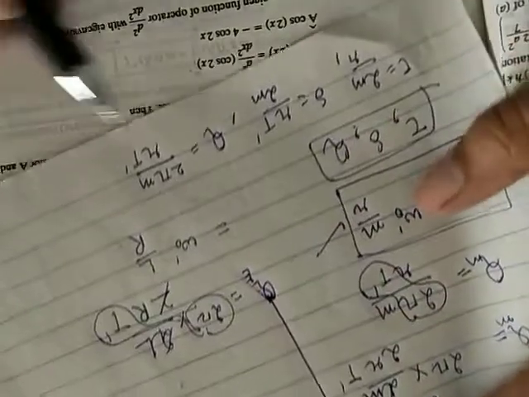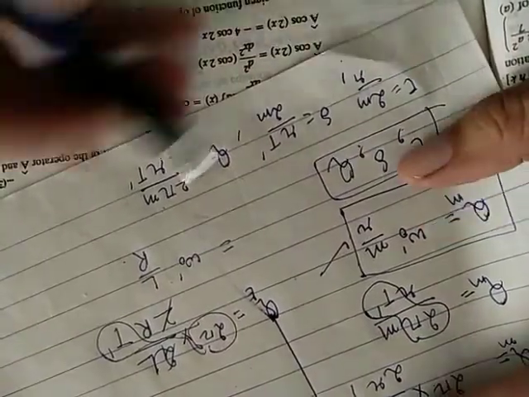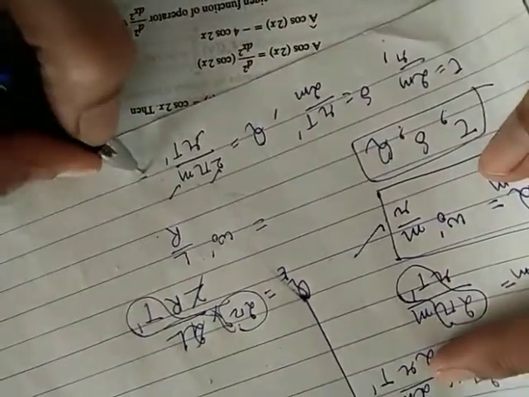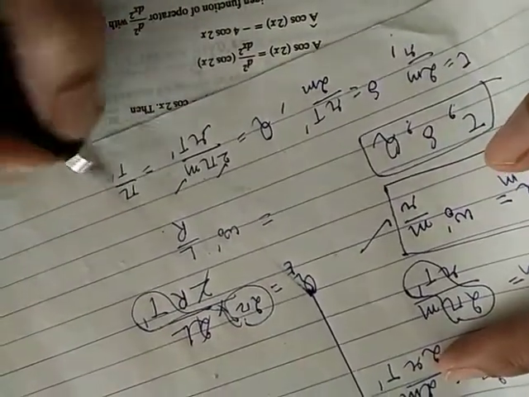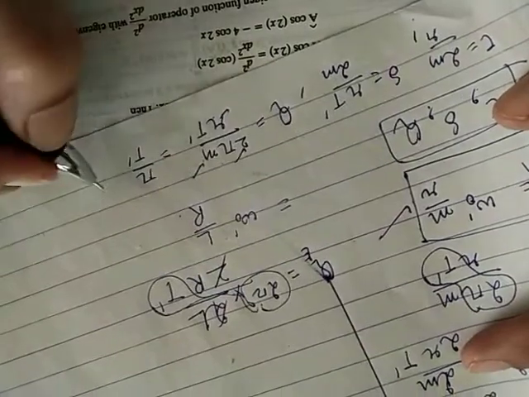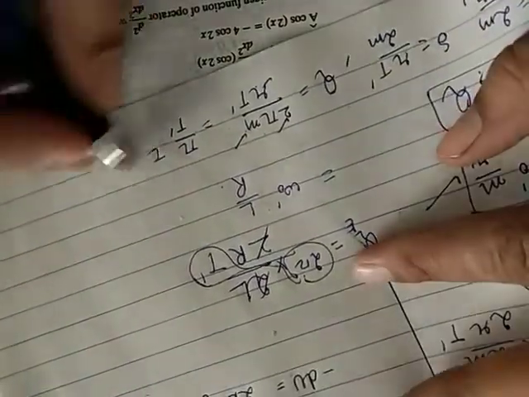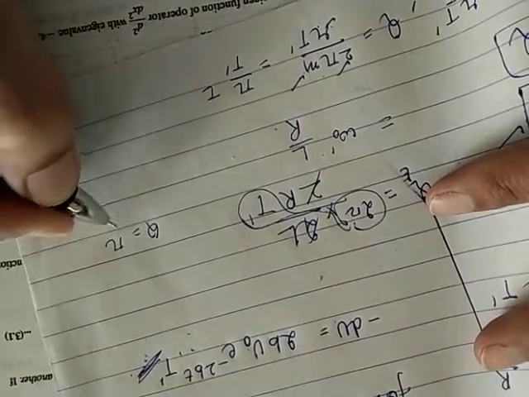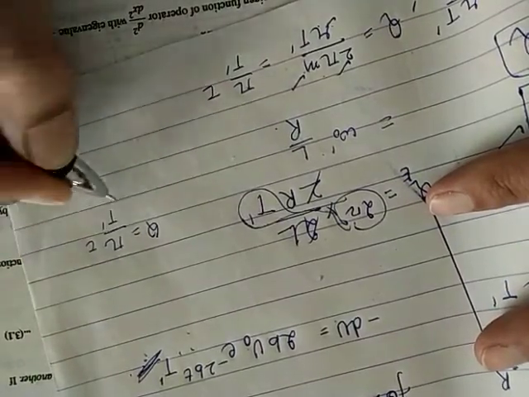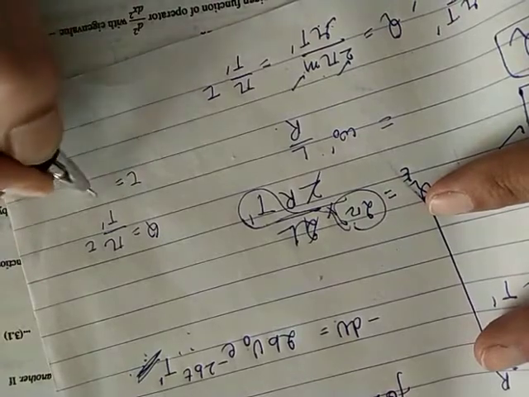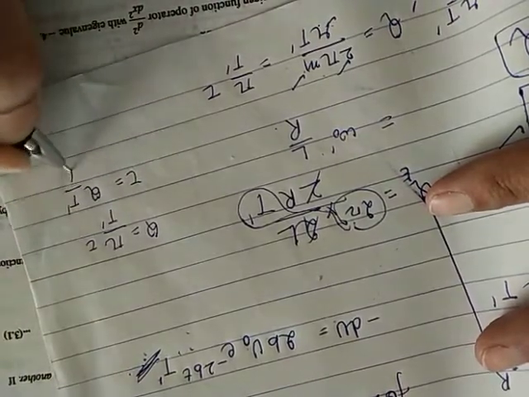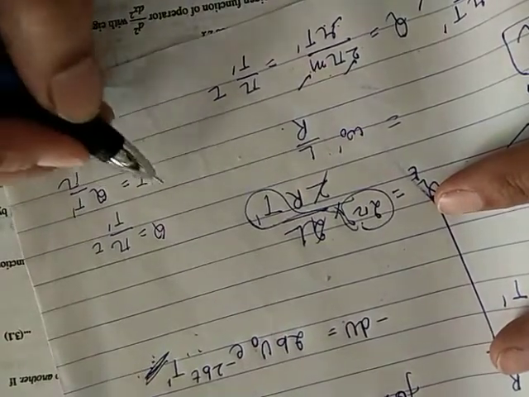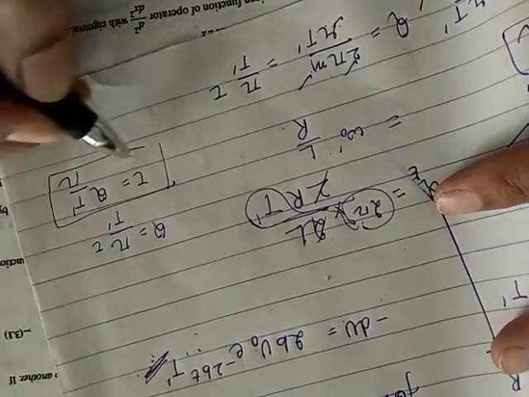Because tau is 2m upon r, I write Q as pi upon T dash times 2m upon r. I am replacing this with tau. So I am getting Q is equal to pi upon T dash tau, or we can write tau is equal to Q T dash upon pi. So this is the relation between Q and tau.